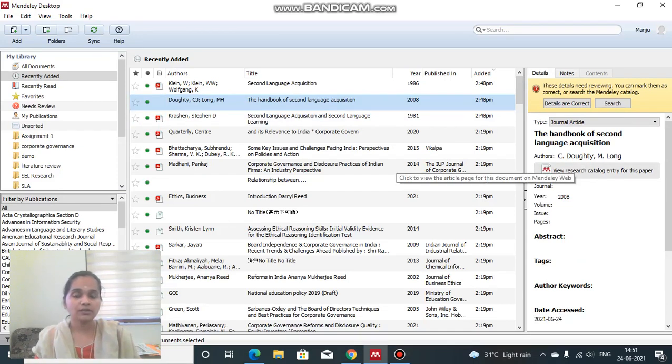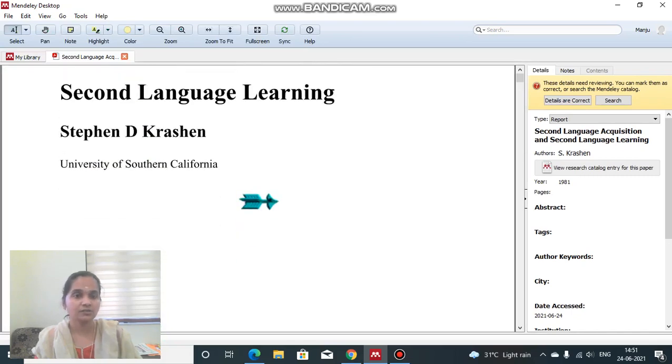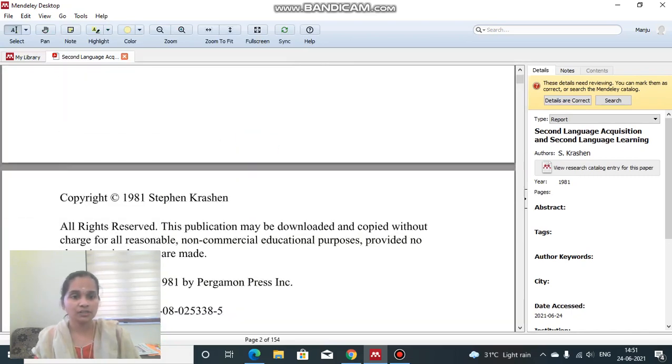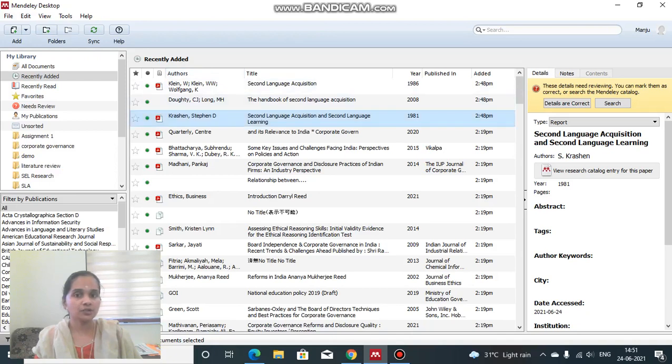This data will be stored, and it will also take you to an easy reference. Another one we have added: second language acquisition learning theory by Stephen Krashen. This also we have just downloaded from Google Scholar and directly added to Mendeley Desktop via this Mendeley Web Importer. This is how Mendeley helps you in downloading, keeping, sorting and categorizing your files according to the variables or steps you need. And the next big help we can see is in the citation process, or in creating a bibliography.